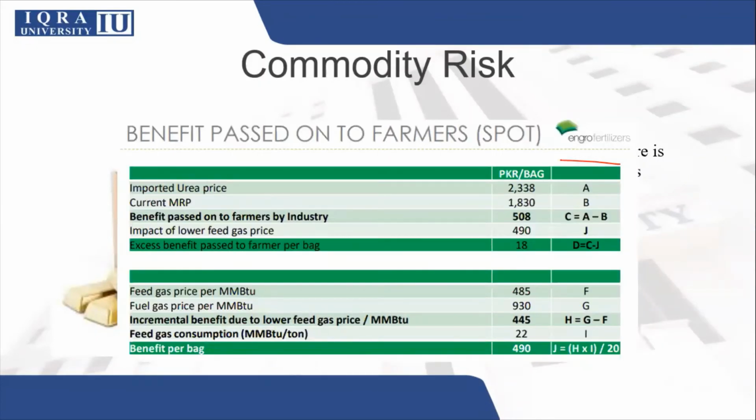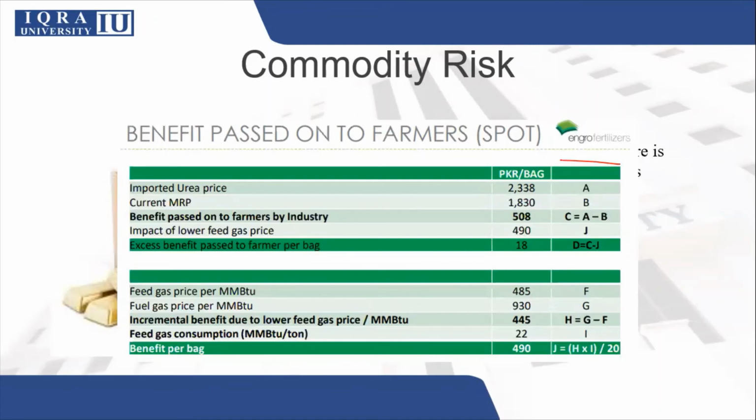They are in the business of producing fertilizers, and a main raw material for their product such as urea is gas. So whenever there is an increase in the gas price, automatically the price of the urea bag also increases. And similarly, whenever there is a decline in the gas price, they can give that benefit to the farmers